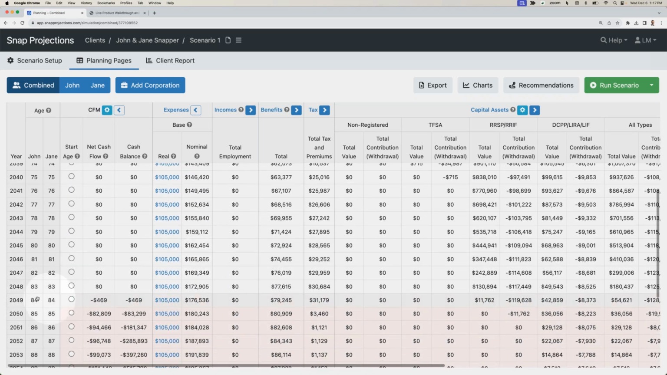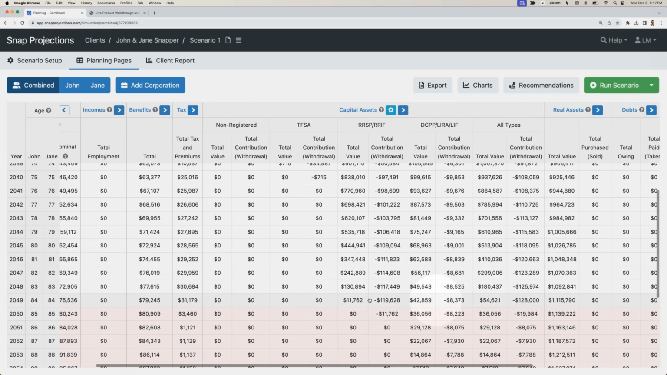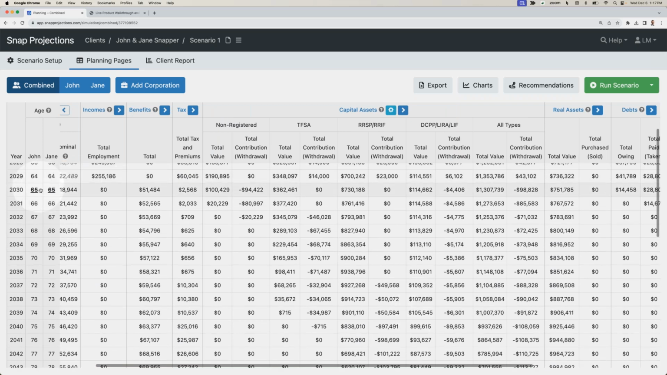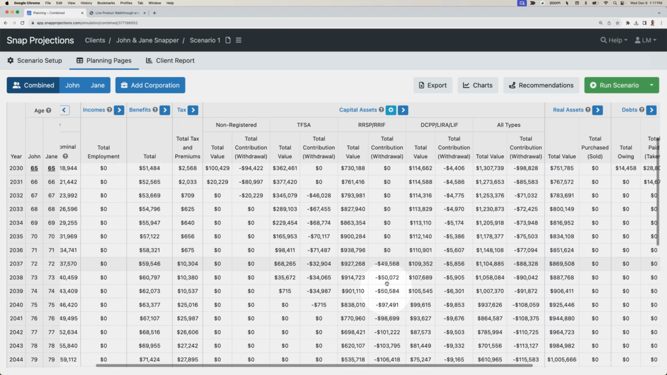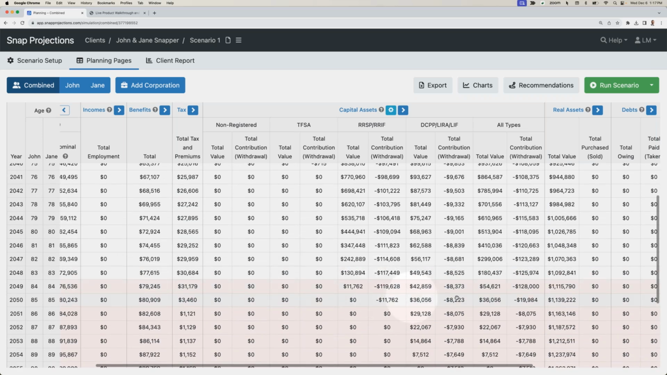So here we can see that as of age 84, they would have depleted the majority of their capital assets. So if we scroll back up a bit, we can see at age 65, the client starts withdrawing from their non-registered account. Then it starts using their tax-free savings. Then it starts using their RIF. And then eventually they deplete each of those accounts and are left just with the annual maximum coming out of